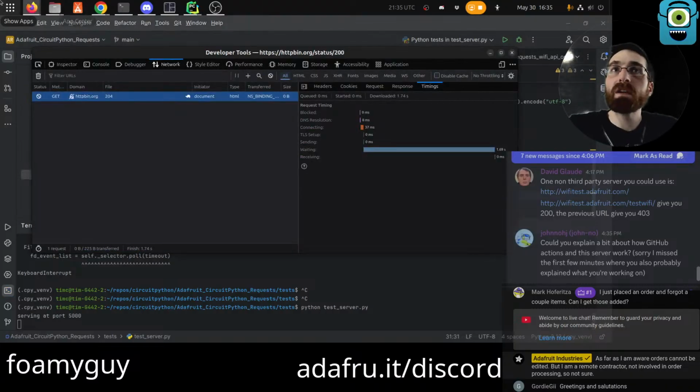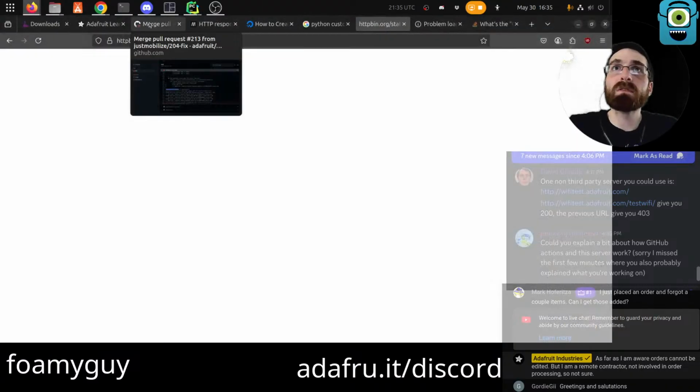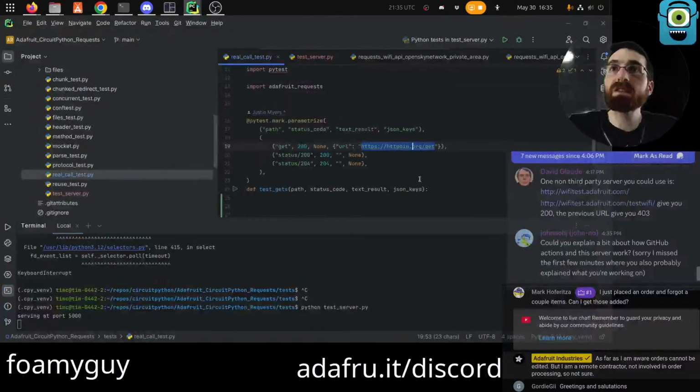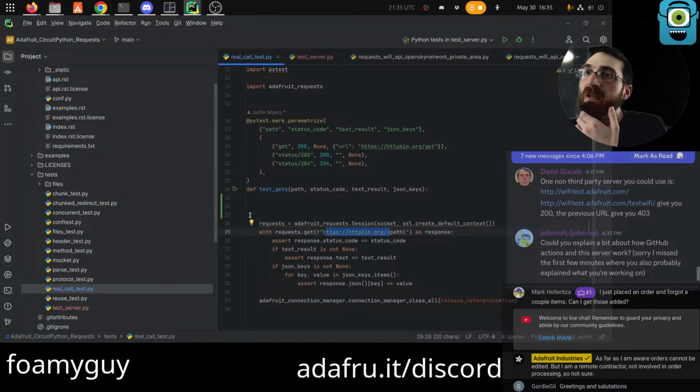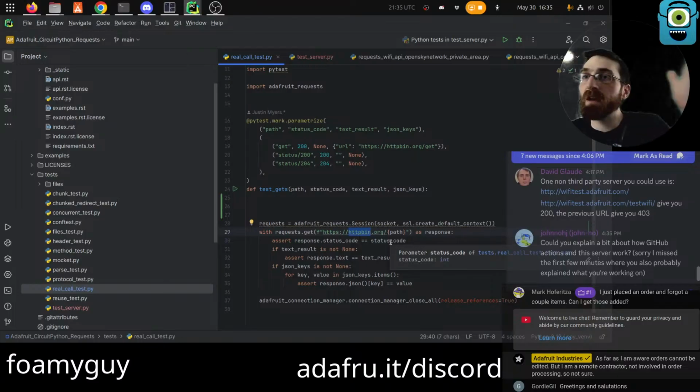Yeah, no worries. So the goal is, this test inside of CircuitPython requests is currently reaching out to this third-party server HTTP bin, and it's essentially asserting that the responses are what we expect. But the thing is that sometimes this HTTP bin server is not working properly.